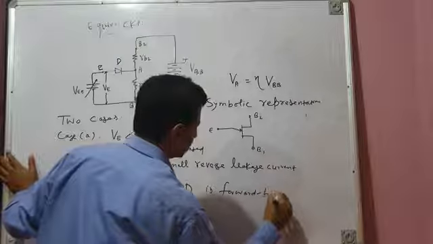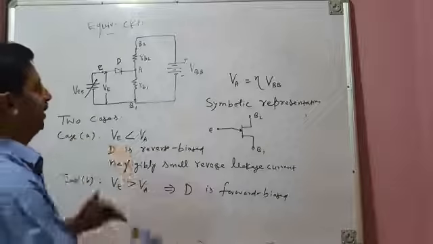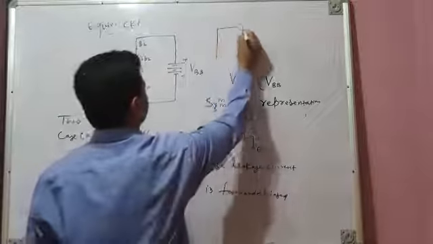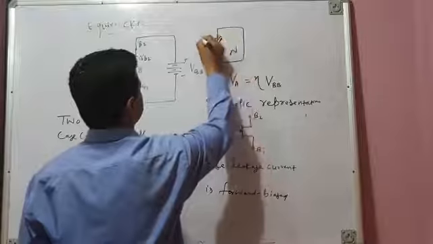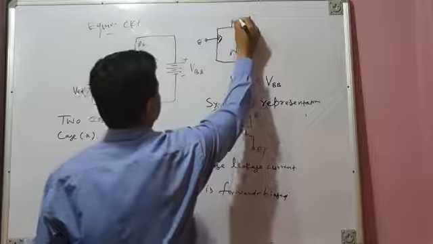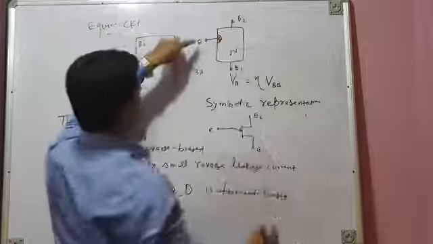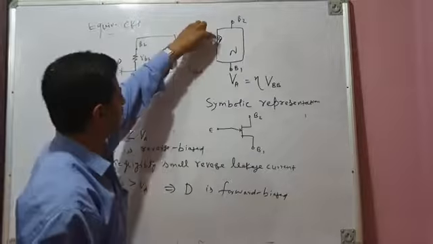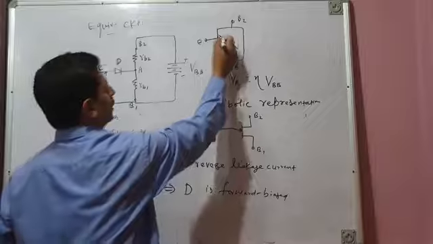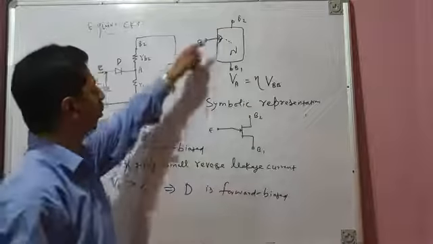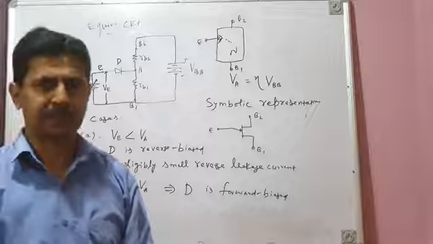Forward biased. And when D is forward biased, there is the flow of current. If you again go back to the layer diagram, this is your N-type material and this is P. So this is B2, this is B1. So when this PN junction is forward biased, actually P-type material injects holes. So there is the injection of holes from P material into the N material, N base.